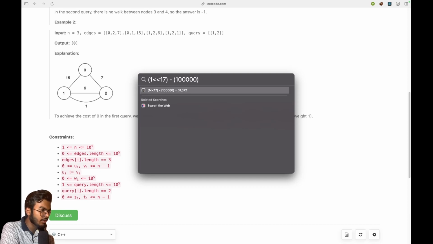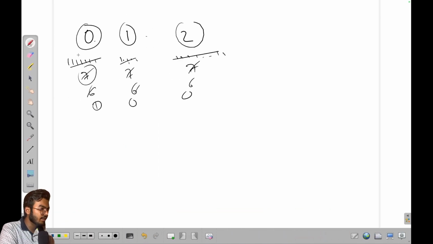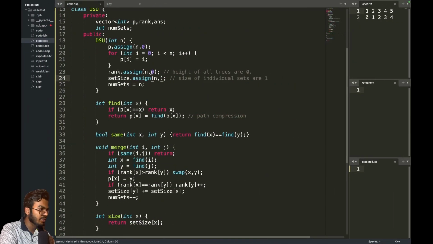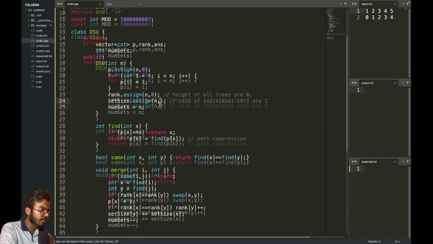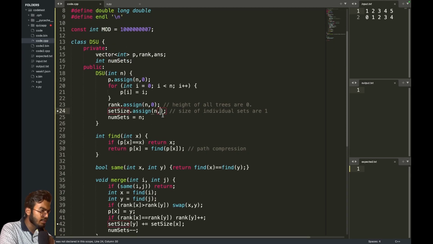There should be one more zero. So 16 is still smaller than 10 to the power 5, so I will take 17. So the initial value of all these will be 2 to the power 17 minus 1. So what I can do is let's initialize them with this mask, that is 1 to the power 17 minus 1. Okay,